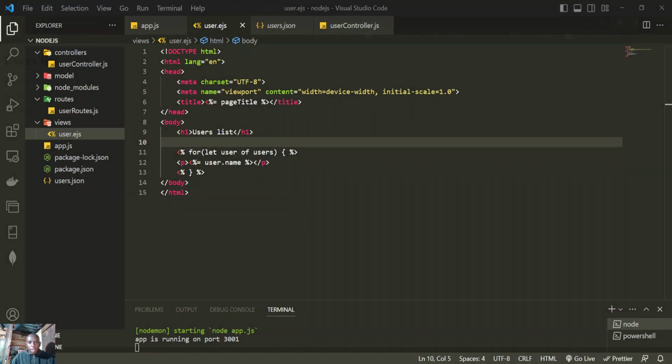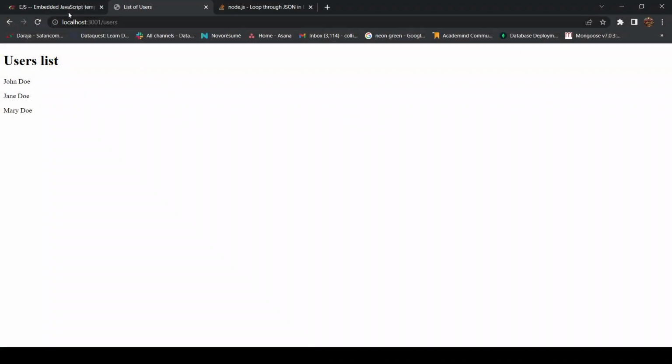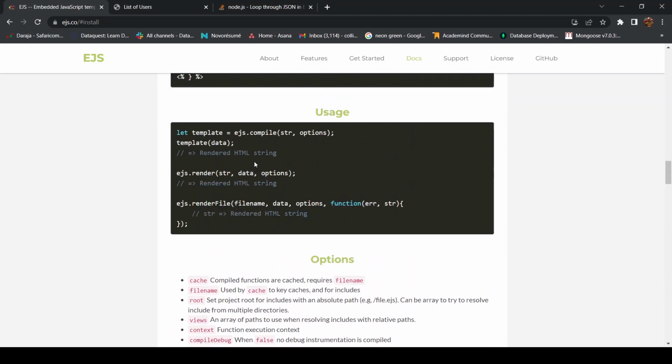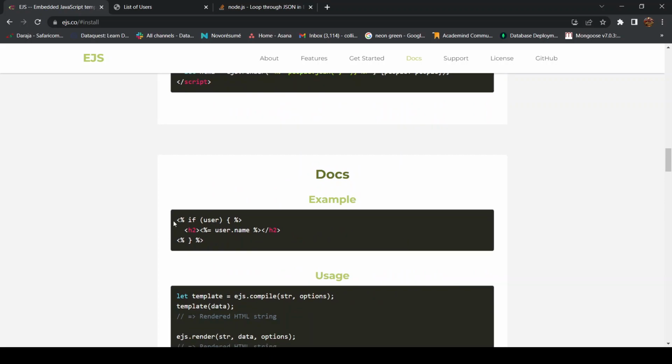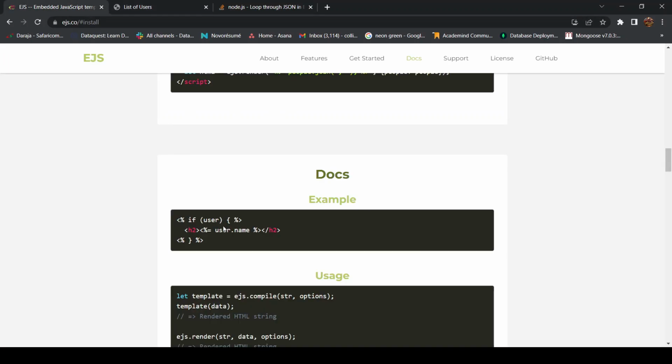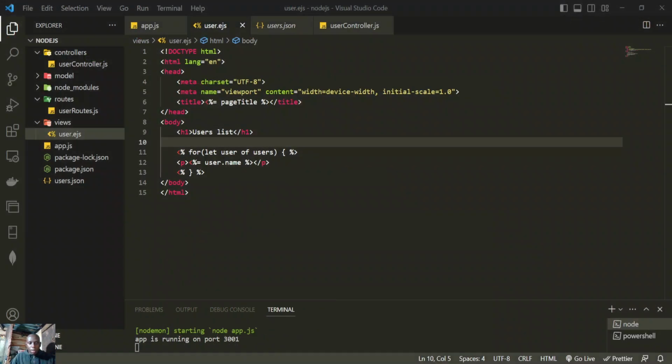Remember, if we go to the documentation real quick, you can see there's this if. So we can do one if check just to make sure that whenever there's a list of users, we output the list of users. If we don't have a list of users, you can maybe say there are no users right now, something like that. You can copy it or just type it. So if we go back to VS Code,